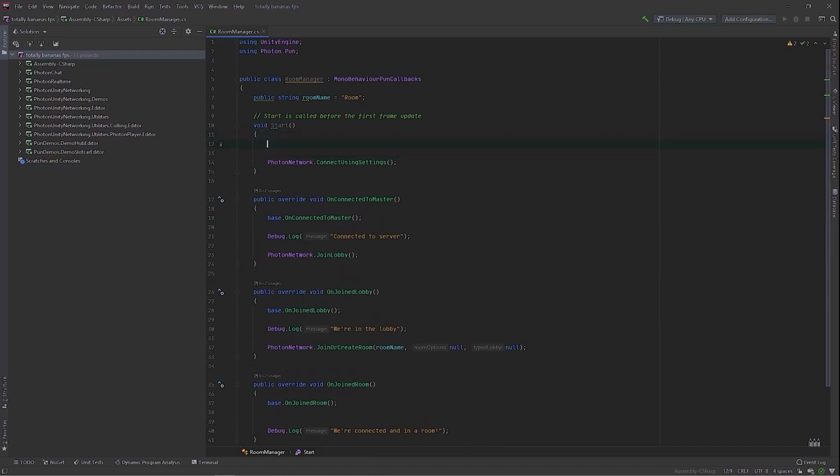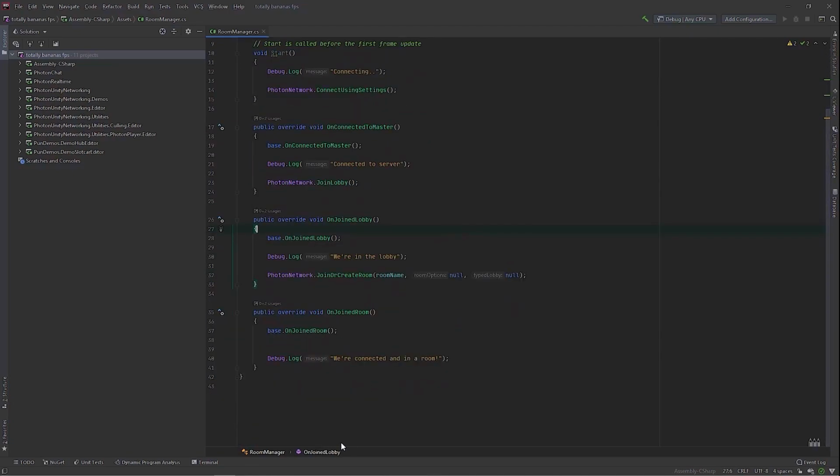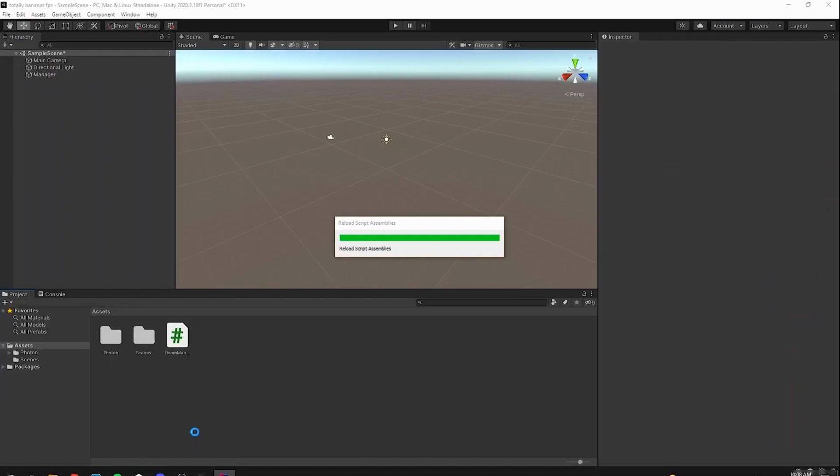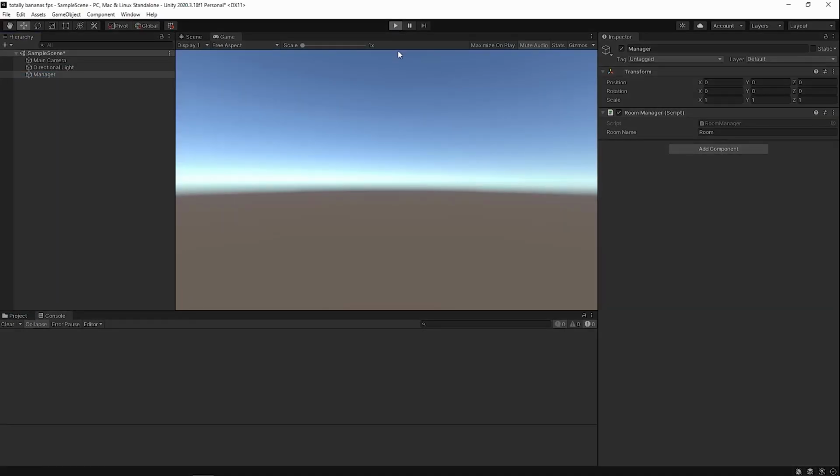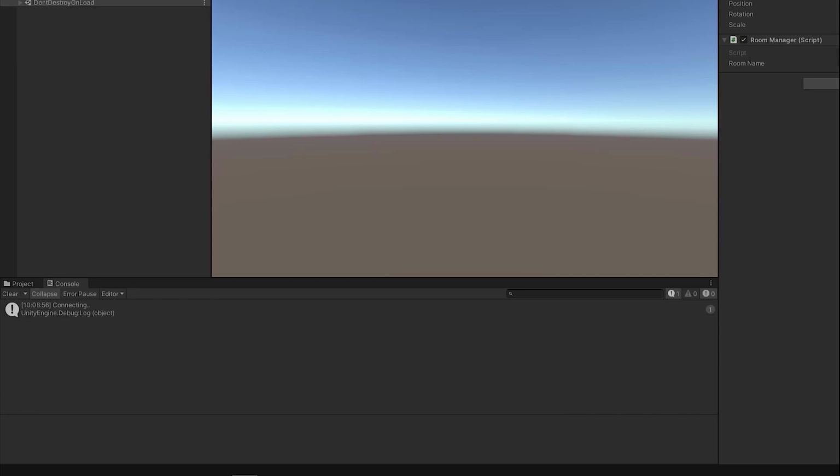And in the Start method here, we'll have one as well for while we're connecting. Alright, save that. I'll head back over to Unity and hit run. Now if you look down in your console down here, you'll see all 4 messages being printed. So we've connected, joined the lobby, and created a room.